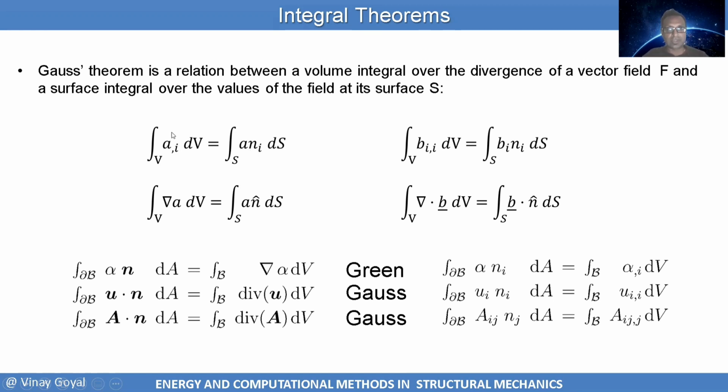It's telling us that if I evaluate this gradient inside the body of the material, I can understand what's going on inside the body by just examining the surface and evaluating A times the normal of the surface at every point on the surface. Very powerful concept that will be used over and over and over, and I'll be deriving this a little bit later when I do the